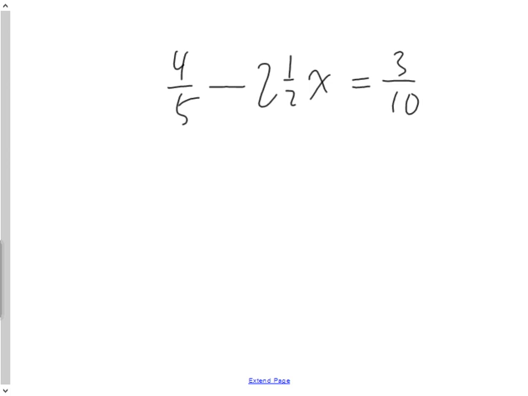My next question gives me a constant first, then a negative 2.5x, then equals 3/10. Now for this one, I'm going to solve it using the common multiple way. Now there's a little bit of pre-steps getting your equation ready to make it easy to do. So I'm going to keep my first one here as 4/5. Actually, I'm not going to write that yet. What I want to do is